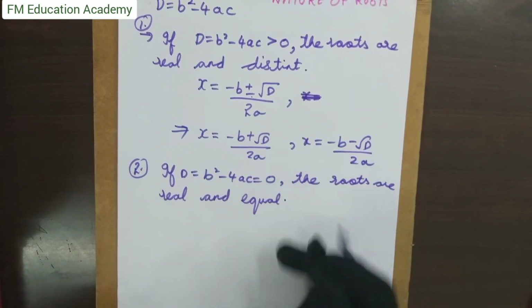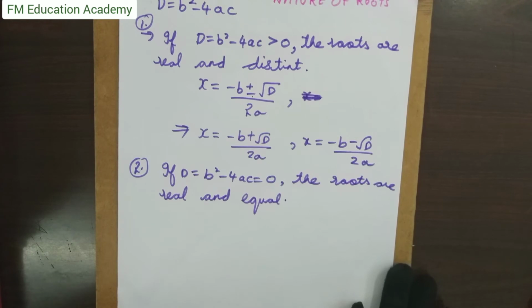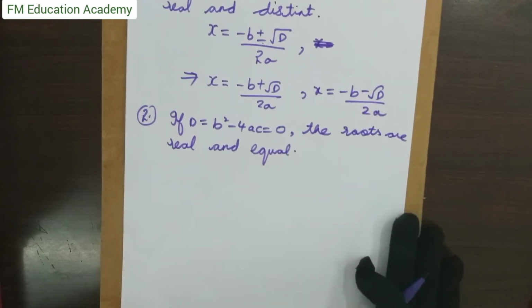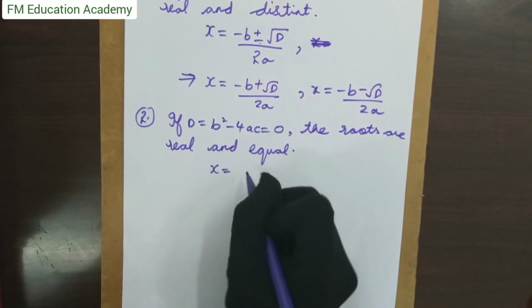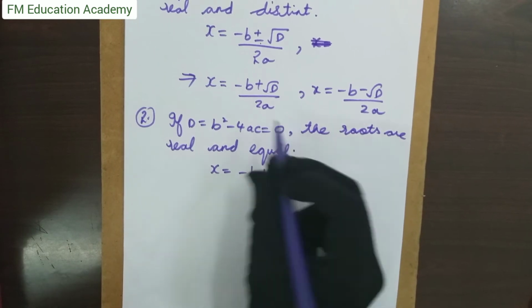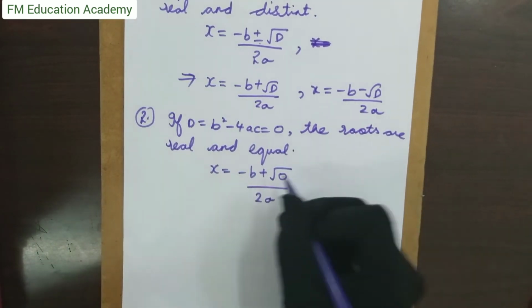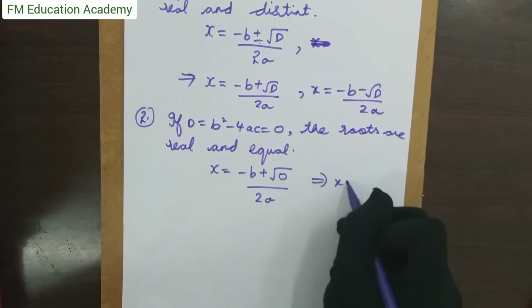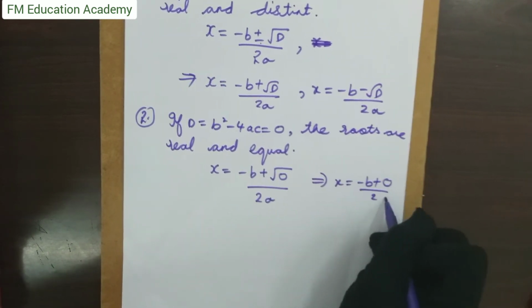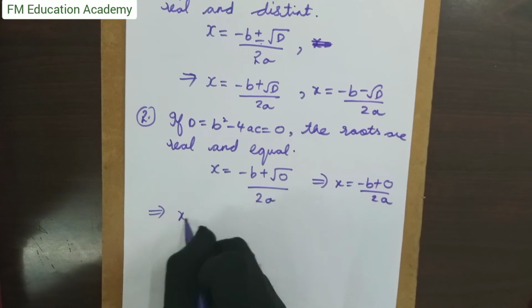Then what is the formula for finding out x? The formula for finding out x is, substitute here, x is equal to minus b plus root D, and what D did you get? You got D as 0, right? So substitute 0 by 2a. Now root 0 is 0 only. So x is equal to minus b plus 0 by 2a. That is nothing but x is equal to minus b,